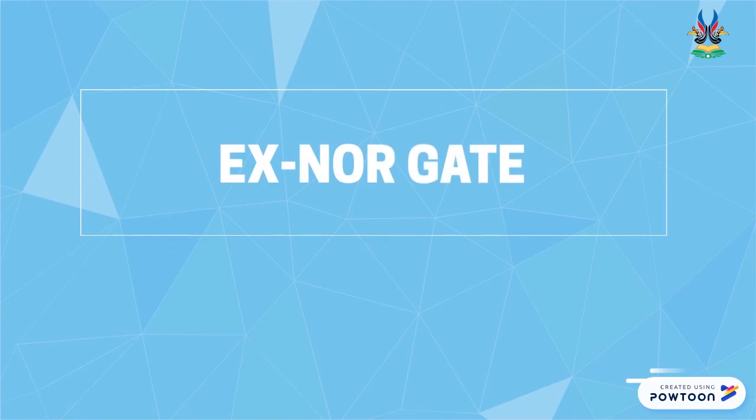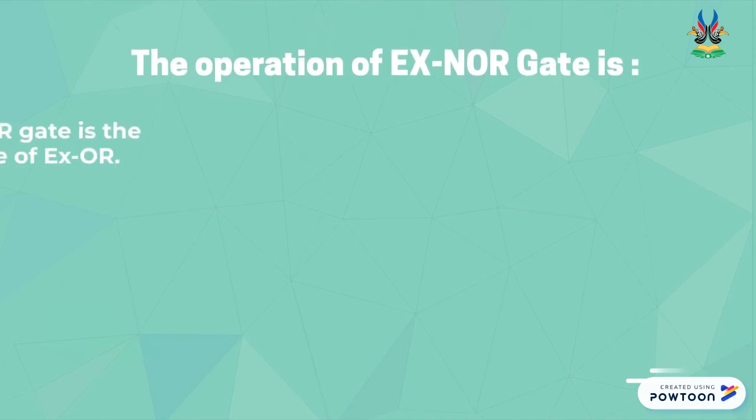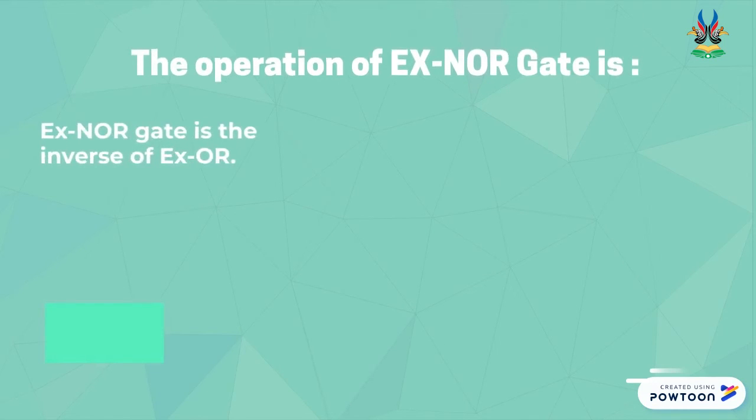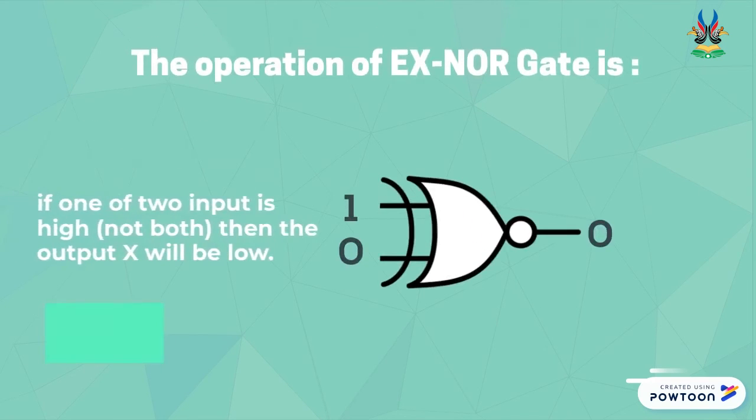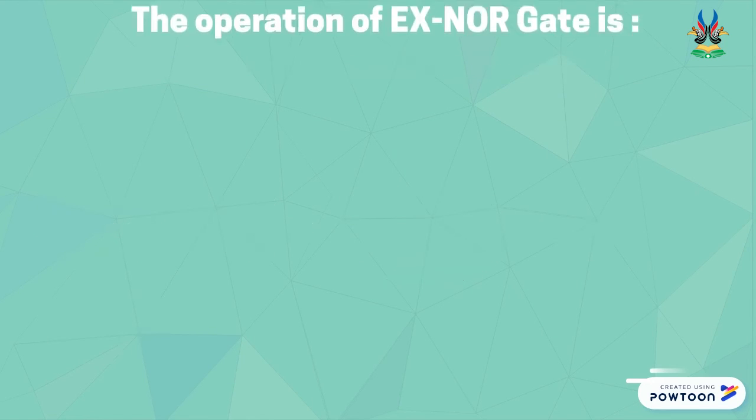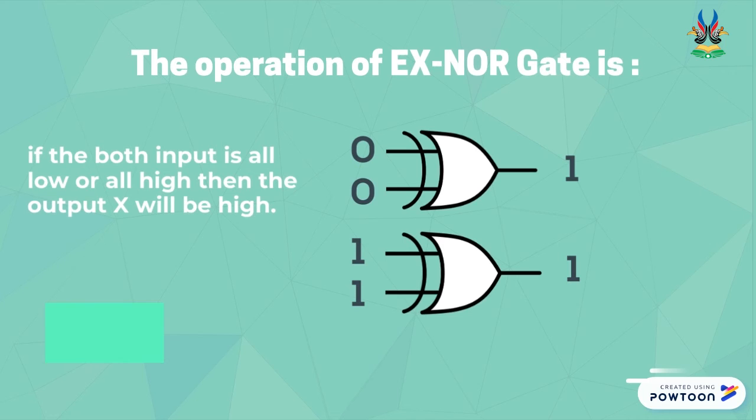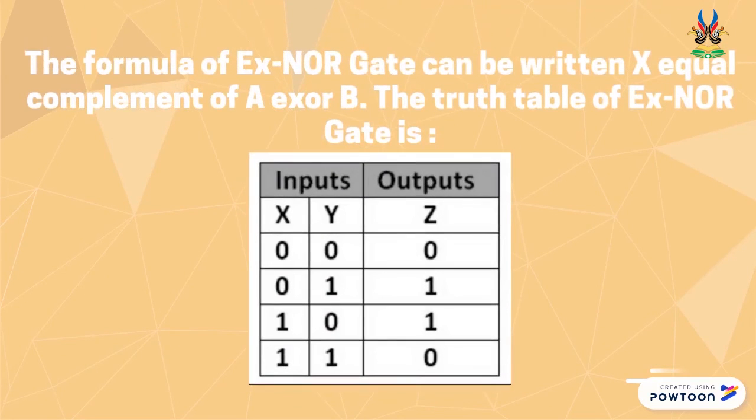Seventh, the XNOR gate. The XNOR gate is the inverse of the XOR operation. The operation of the XNOR gate is: first, if one of the two inputs is high, not both, then the output X will be low. Second, if both inputs are all low or all high, then the output X will be high. The formula of the XNOR gate can be written X equals complement of A XOR B. The truth table of the XNOR gate is